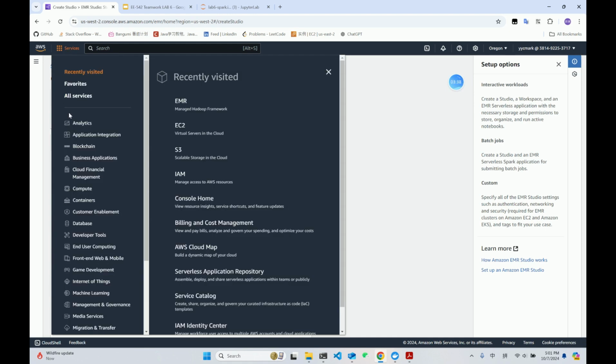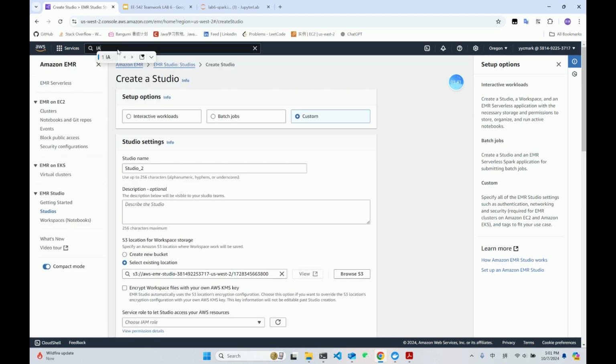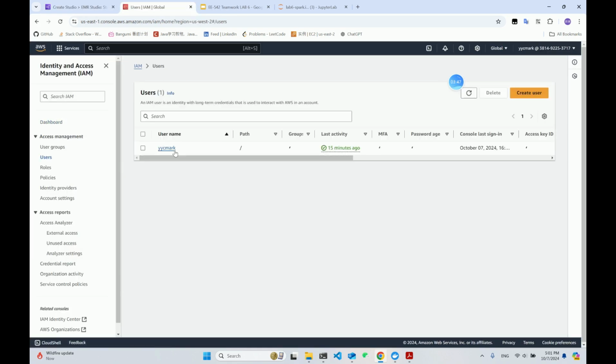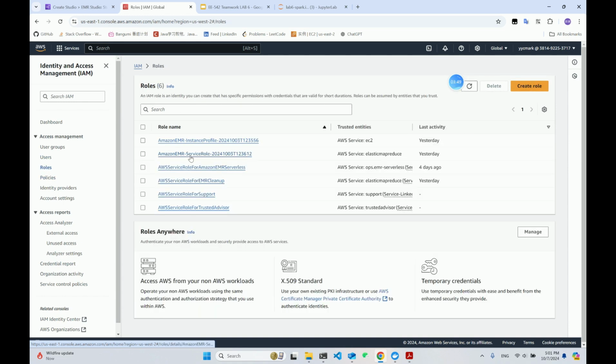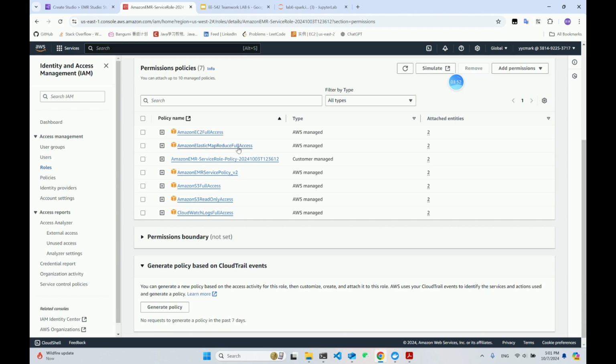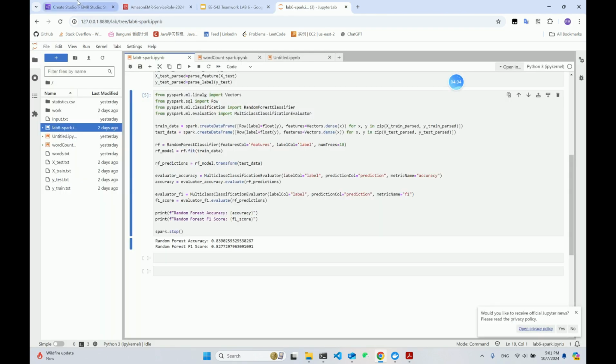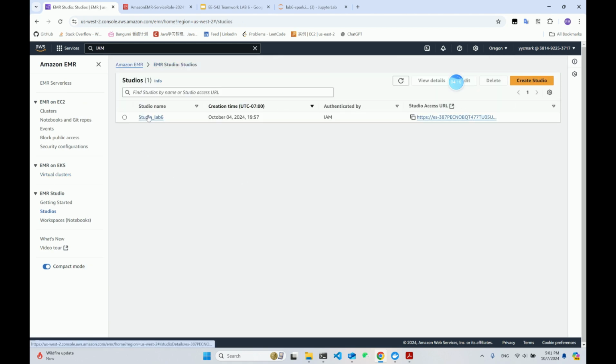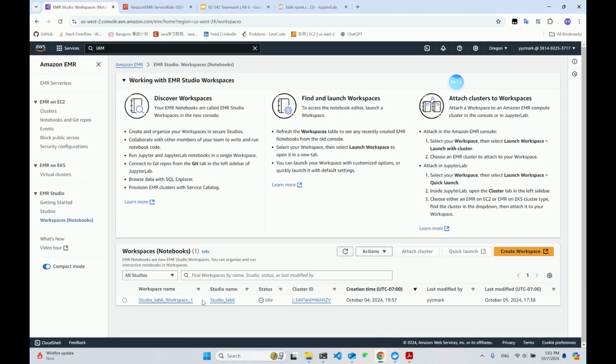There are some configurations for this role. We need to give EC2 full access, Elastic MapReduce full access, and S3 full access. These are mainly the 3 roles for this cluster. So here, after we create the studio, the workspace is automatically created, and then we can log into